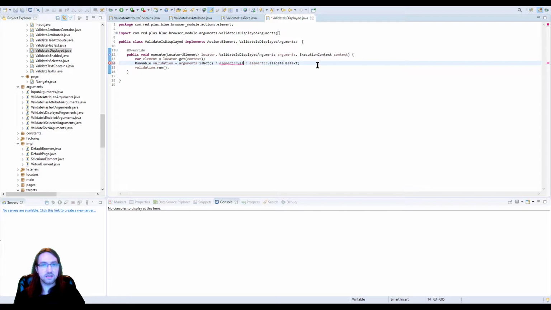Or validate. Oh, did we not make the validate displayed versus validate not displayed? Oh, we didn't. Okay. So to do for enabled, disabled, or enabled, I think it's just enabled and displayed. Yeah, for enabled slash displayed, make validate